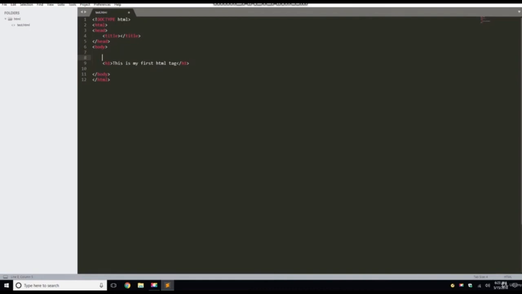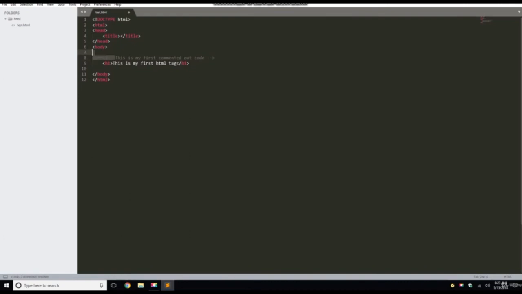And return. I'm going to show you another, not a tag, but how to comment out code. Okay, so this is my first commented out code. And then we're going to close that with two dashes and a right bracket. That is how you would comment out your code. And basically what that means is it's instructions for what this is. So we're going to type,